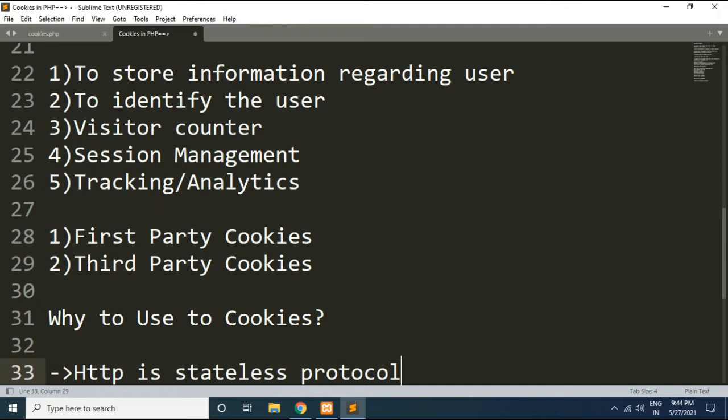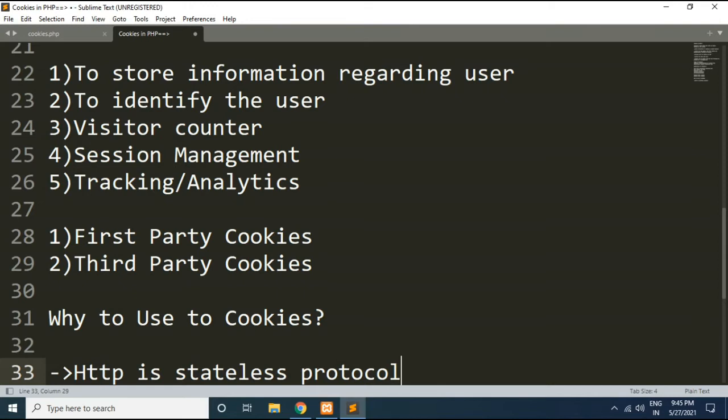In the HTTP protocol, once the transaction ends, the connection will be closed between the client and server. So HTTP is not able to maintain the state of the user. It cannot identify the difference between the current request and the previous request. Each request will be handled independently.